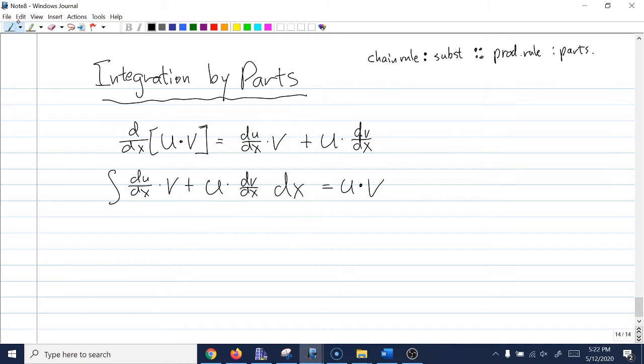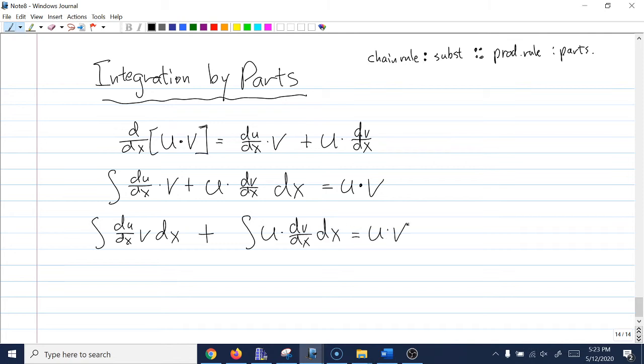That is not useful. And the thing that you end up doing if you try to use this rule is you say, well, I have this, and I wish I had this. I'm going to put this here, and then subtract it off, and now I know the integral of this, and I want to know the integral of the other, so you figure out the other integral. You always have one of these, and you want the other. So the way we write down the integral by parts formula is we move one of these to the other side of the formula. The integral of du dx times v dx plus, like I can split an integral across a plus, this is a rule,